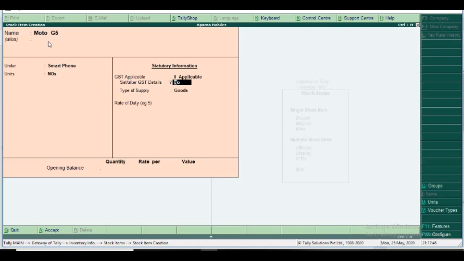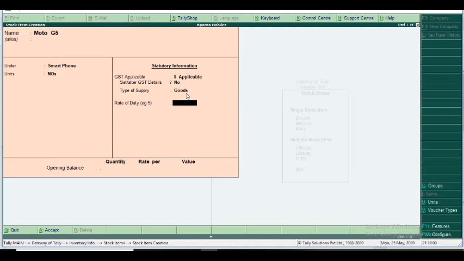Some products get low-level GST or high-level 28% GST. So for that type of stock item we create it here and give its GST details here. It's not general, it's particular to the stock item. So you enable it at stock item level here.